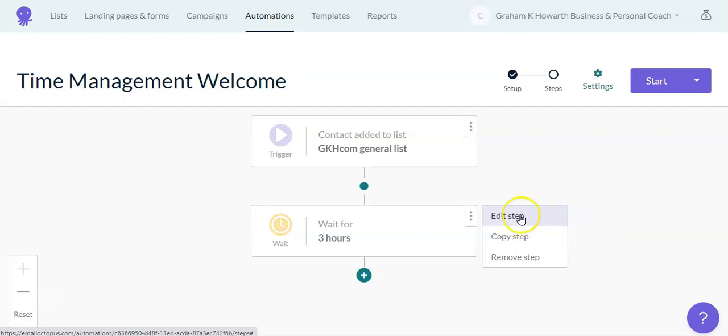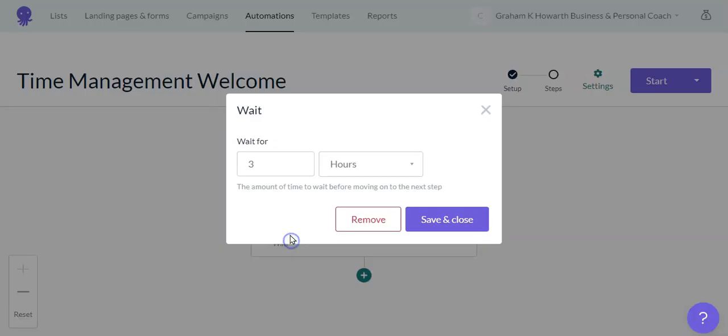But in this one we're going to edit the step, so I can either click here or I can just click on the box. Now as a default it comes up with 3 hours, so we can change the hours to minutes or days, depending on how your automations are working. But this is quite a simple one just for the welcome email.